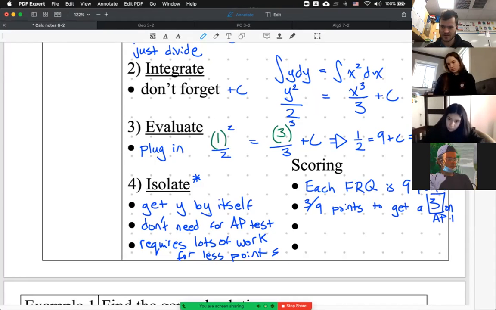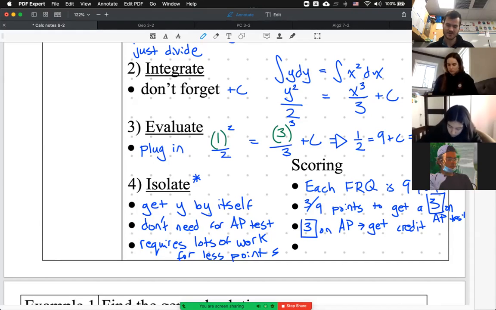And by the way, a 3 on the AP test, as you all have known because you've taken AP classes before, means you get credit. College credit, I should say, for most universities. And even if the university says you don't get credit, it makes you retake it, at least having a passing score helps you get into that college. Although if you're a senior, maybe that time has already passed, whatever. But usually a 3 on the AP test means you get college level credit,